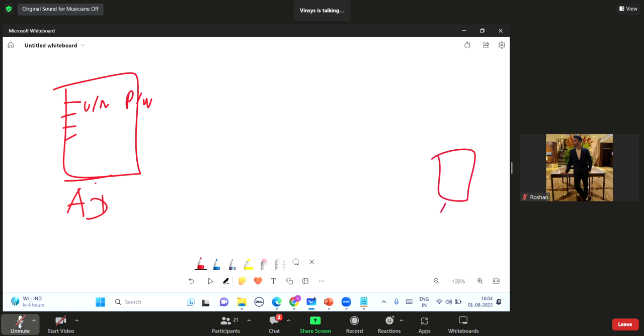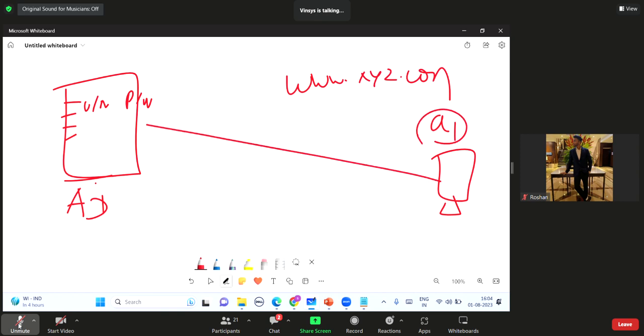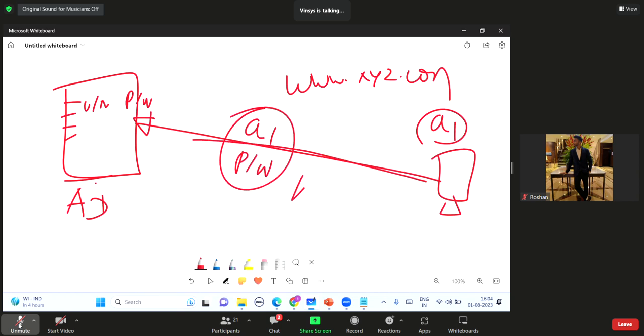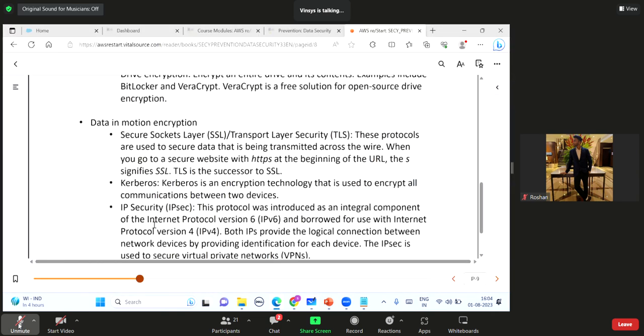Let us say there is one user, A1, and he wants to log in to his domain, www.xyz.com, his company's domain. He will send the authentication request to this server first, using his username and maybe some password. Microsoft uses the Kerberos protocol to encrypt the authentication process. So there comes Kerberos.